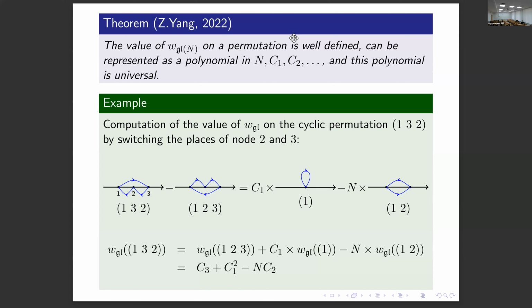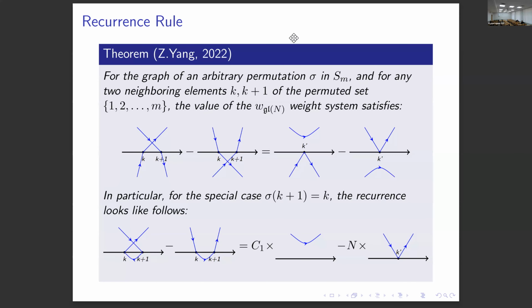And you take the difference, and you get the two simple chord diagrams. You can see it's easy to compute the weight system. The result is C3 plus C1 squared minus N C2. And I want to say that this recurrence rule actually gives us an algorithm to calculate the weight system, because if you look at this relationship for permutations,